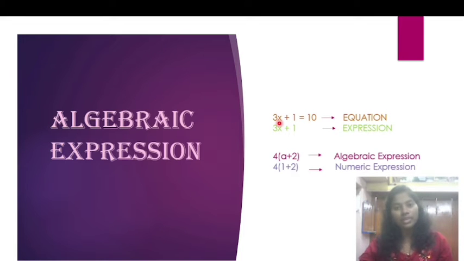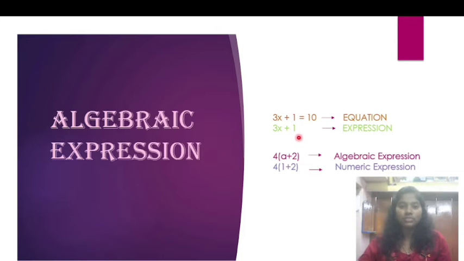So what can we put here? We can put here x is equal to only 3. Then and only then we will get the output as equal to 10. Without putting x equal to 3, it's impossible to get the 10. So this is the meaning of equality sign, that is both the sides should be equal, and this is known as an equation. An equation mainly consists of an equality sign, but the expression does not have any such equality sign. So an expression is without an equality sign.